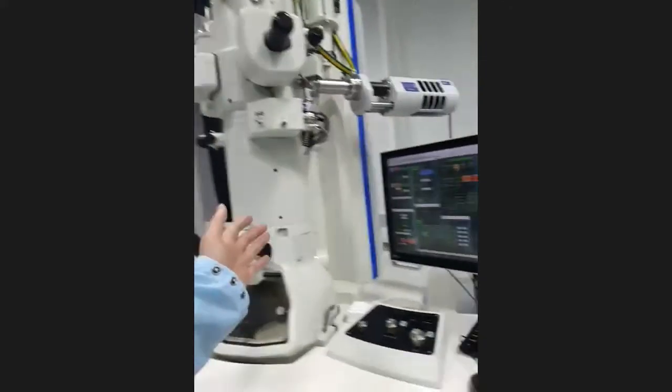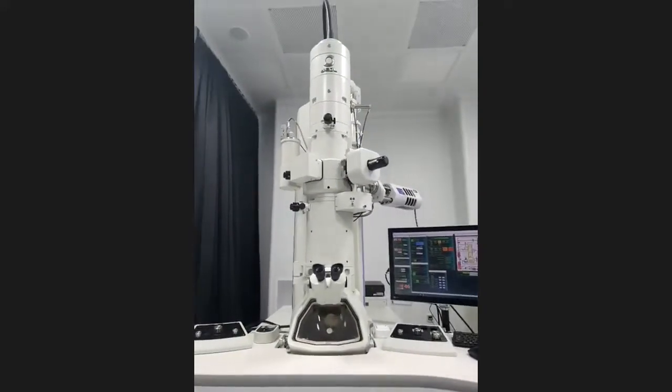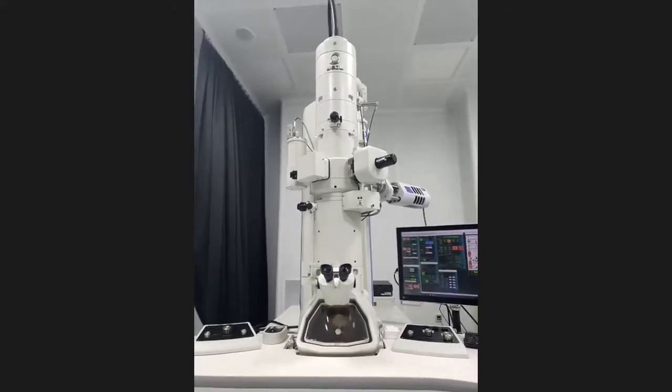and this sample is not unusual. This is an ordinary sample for the ordinary capabilities of this microscope, and we can observe the crystalline lattice for a lot of materials. The base materials, of course, are graphene and carbon nanostructures. This microscope is the best device for investigation of carbon nanostructures, because you can see them in transparent light, and